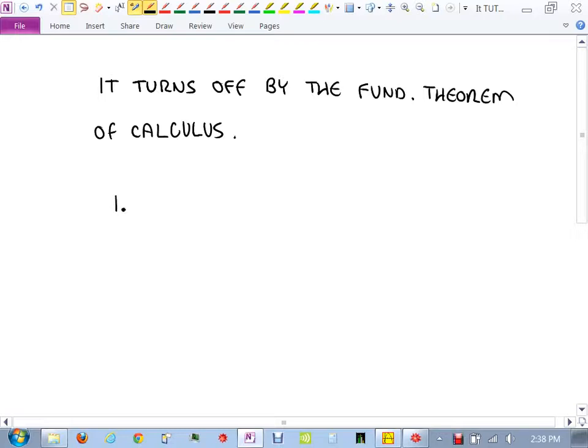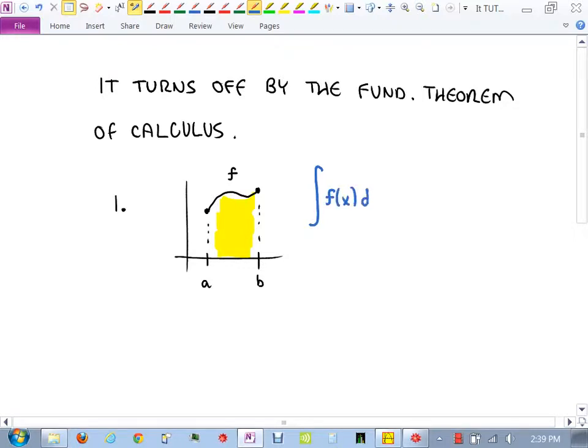First of all, the first thing I want you to know is that if we're given a function like this, little f, and we're trying to find the area from A to B. Okay, so if we're trying to find that area, we already know it's that limit n goes to infinity, infinite sum of all those rectangles, right? But the fundamental theorem of calculus says this. It says that that integral